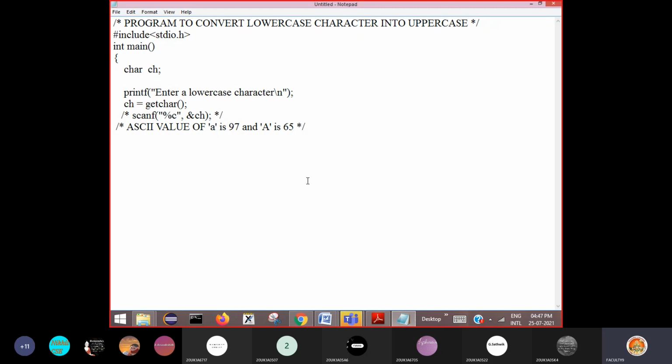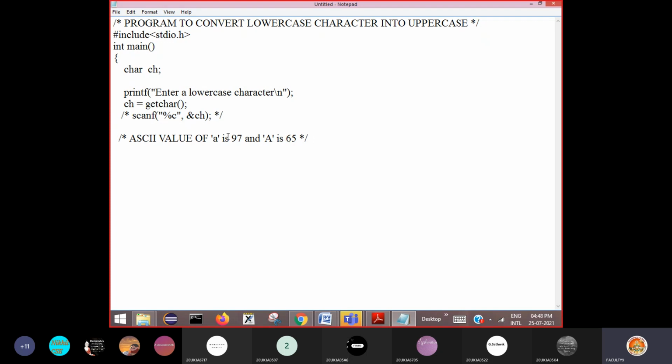So you need to subtract. Here we are asking the user to enter a lowercase character, so he enters numbers like 97, 98. Small a is 97, small b is 98; capital A is 65, capital B is 66.